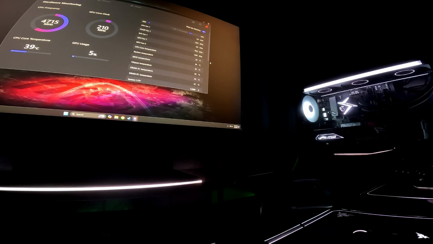I have all the lighting in it set up to white, and hopefully that'll make it a little bit more visible in there. So I'll stop talking for a second, and we'll pick up on the baseline background audio level, and then we'll load up some games, and we'll see how it sounds from there.